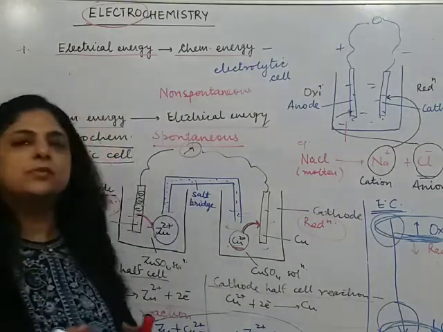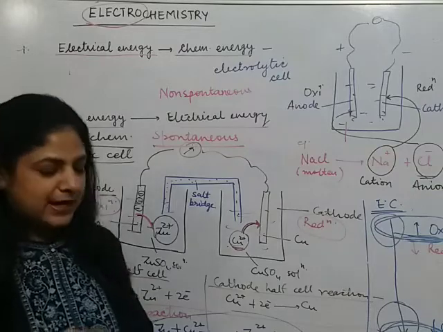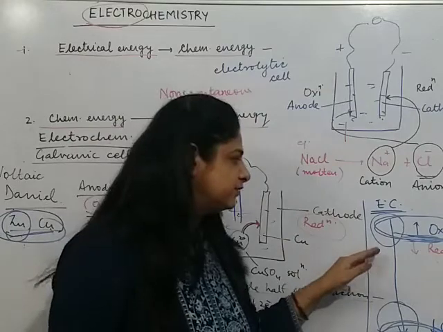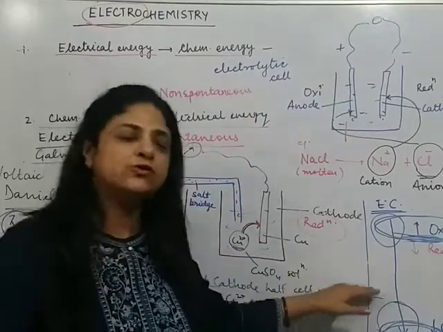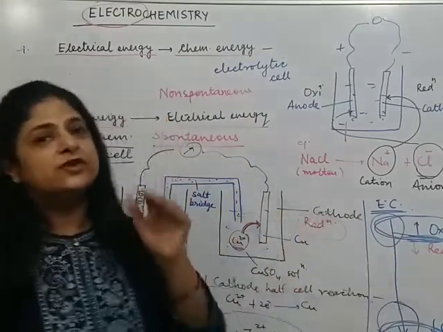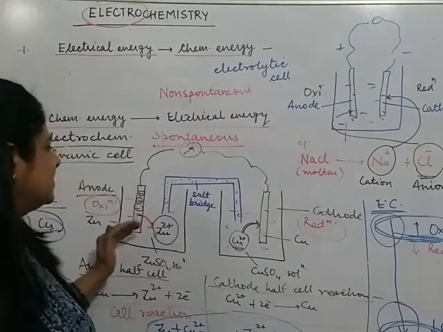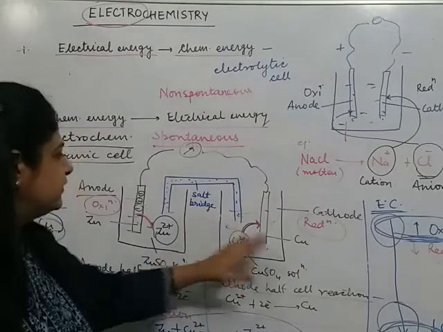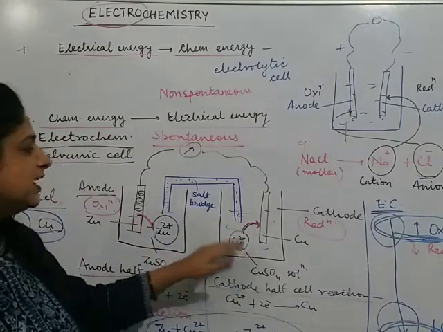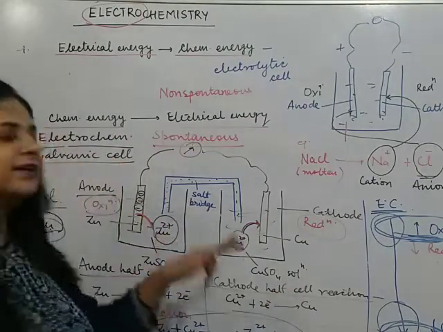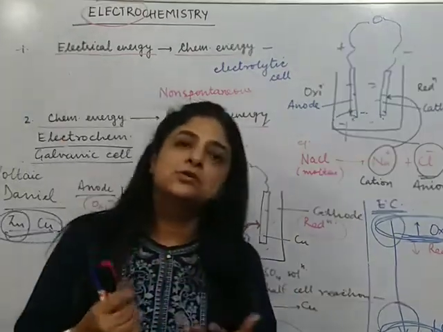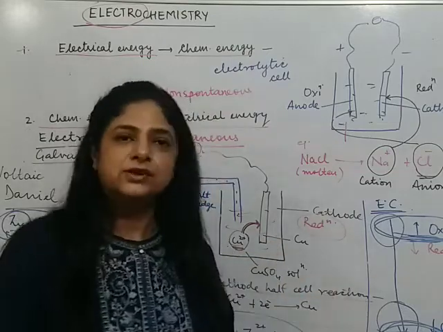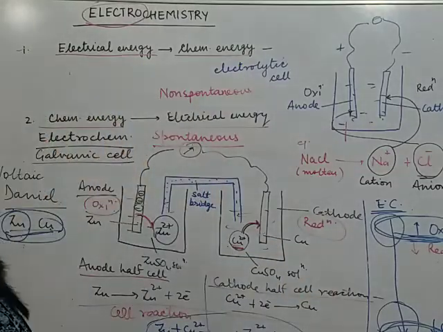We can take a combination of any two metals, but we have to see their respective positions. On the basis of their respective positions in electrochemical series, we can decide which of the metals has to act as anode and which of them will act as cathode. So now if we change their positions, and think that copper will act as anode and zinc will act as cathode, such a cell will not work. The feasibility of cells we are going to continue in detail later on.